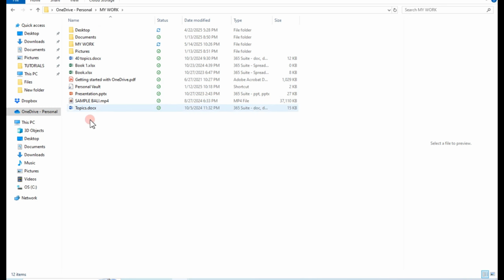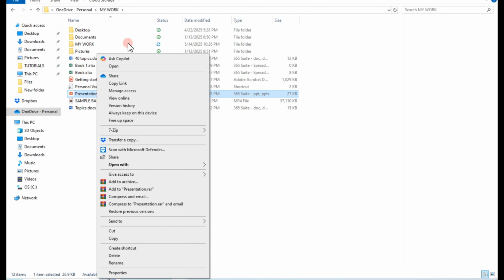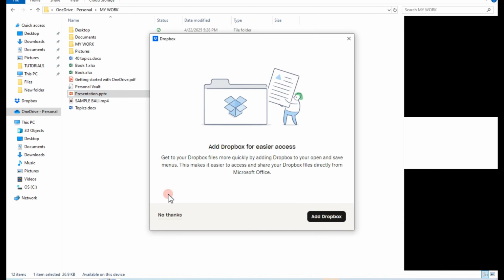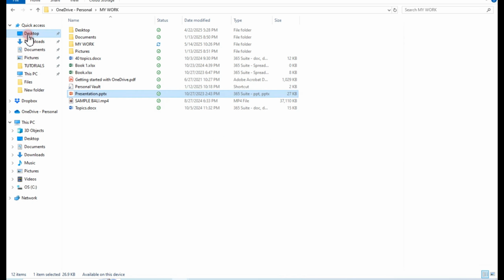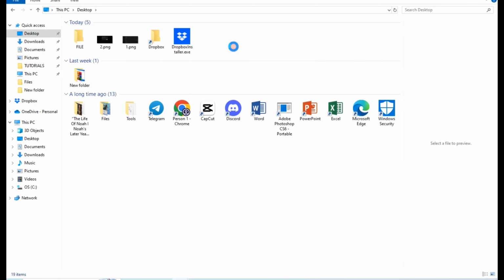So let's just say I want to download or copy this PowerPoint right here. I just have to right click, and then copy. Go to your desktop, and then you can paste this PowerPoint to your desktop or to your download folder, anywhere on your PC. And basically, that's how easy it is to download a